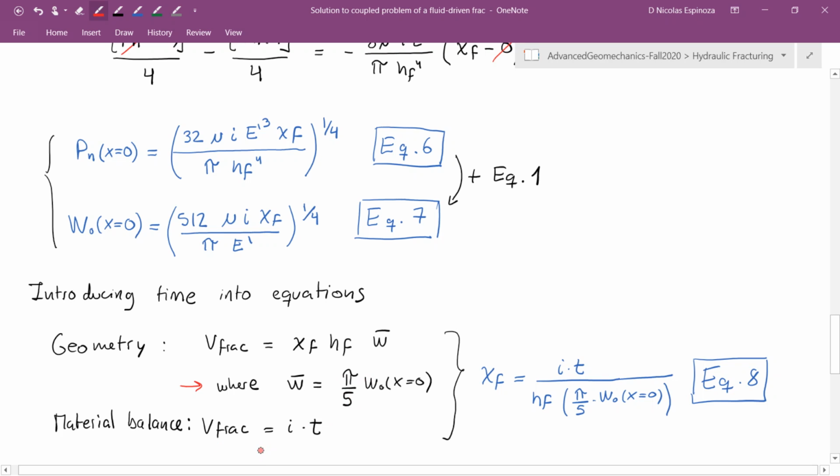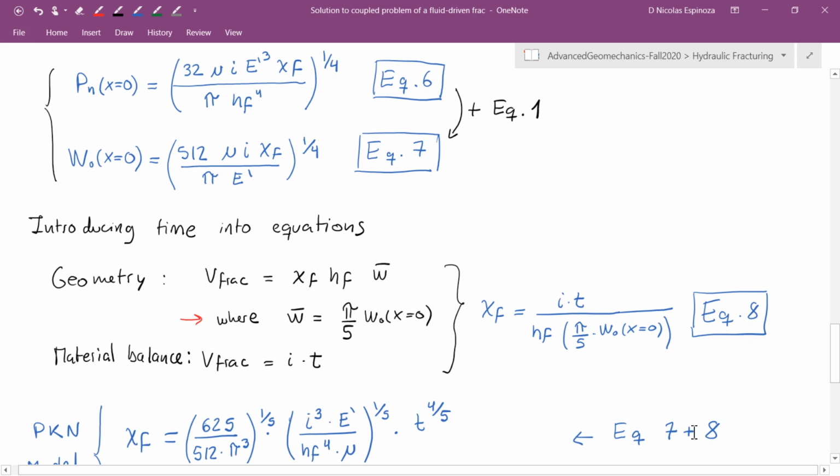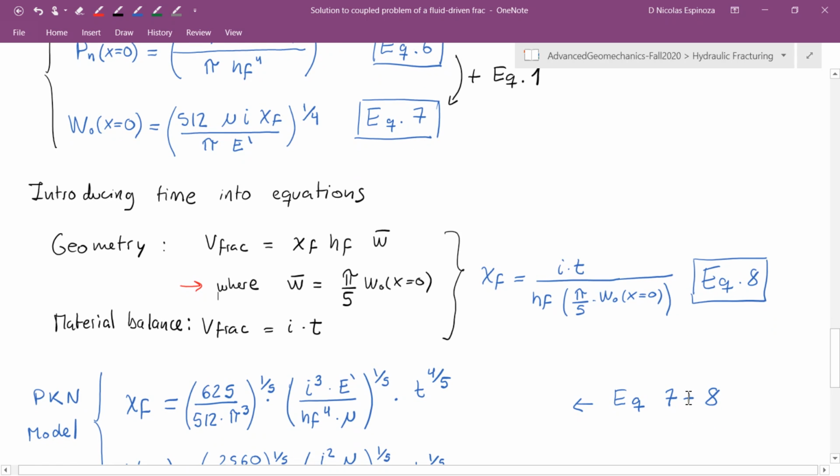And on the other hand, we are going to assume in this case that since we do not have leak off, all the fluid that we injected is actually filling the fracture, and that's going to be the injection rate times the time. The injection rate, of course, is a volume rate, right? So volume divided by time times time, that's going to be a volume. So I can put this together, and I can also find an equation of the fracture half length as a function of time. And finally, the only thing I'm going to do is combine equation 7 and equation 8,